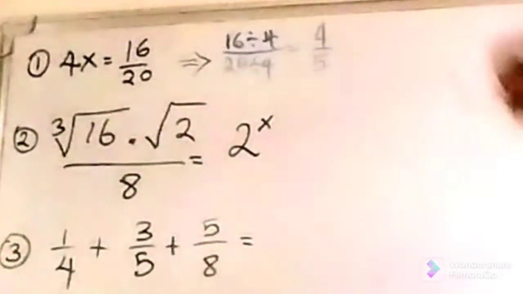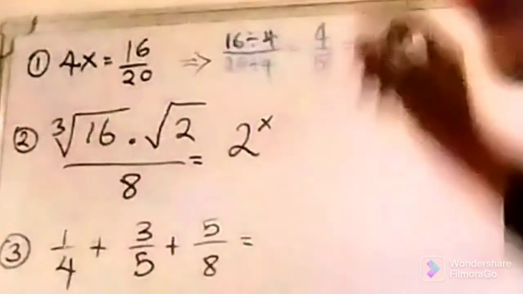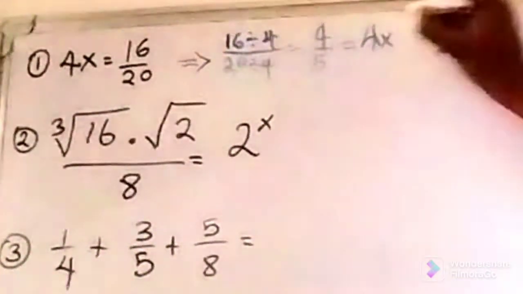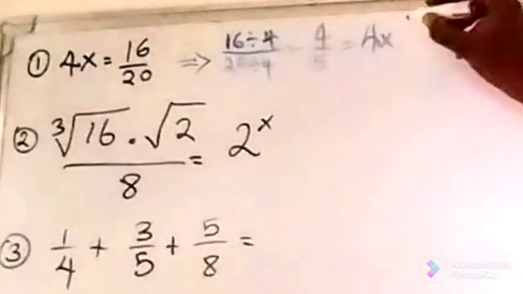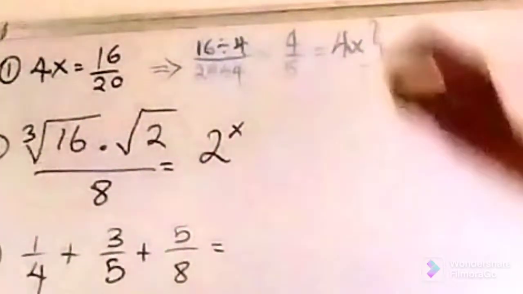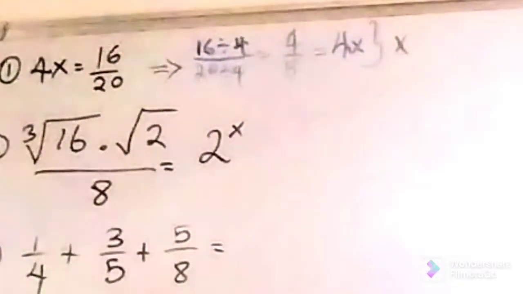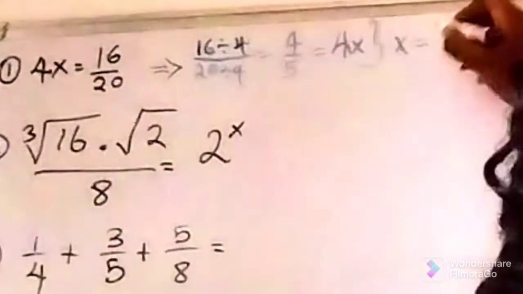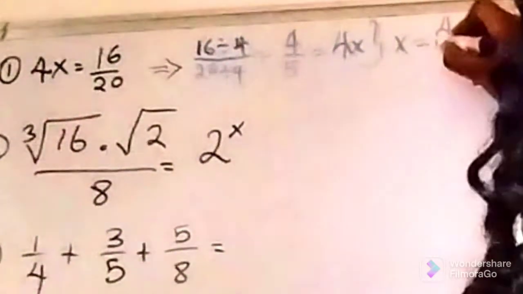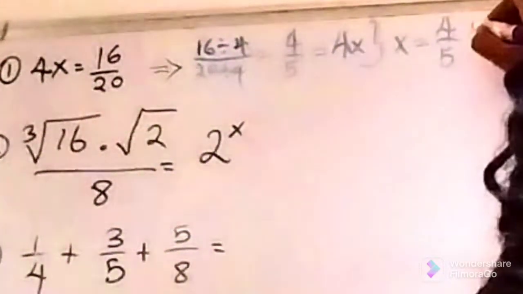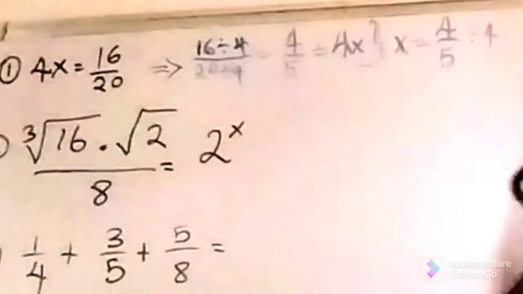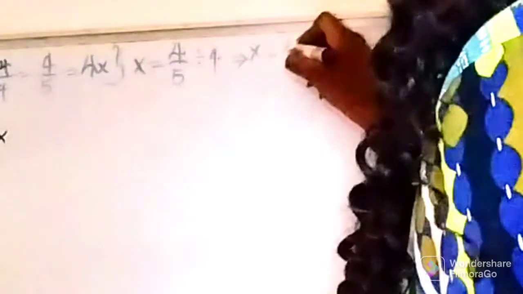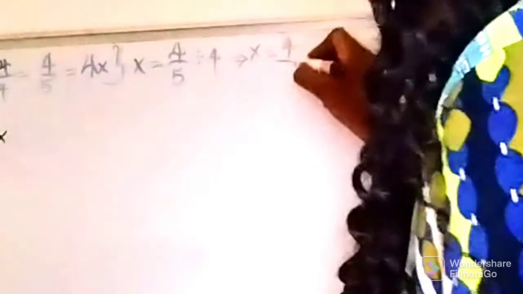Alright, so 4 over 5 is equal to 4x. So we're going to make x subject of the formula, right? So that means we're going to divide both sides by 4. So x is equal to 4 over 5 divided by 4, which is equal to 4 over 5